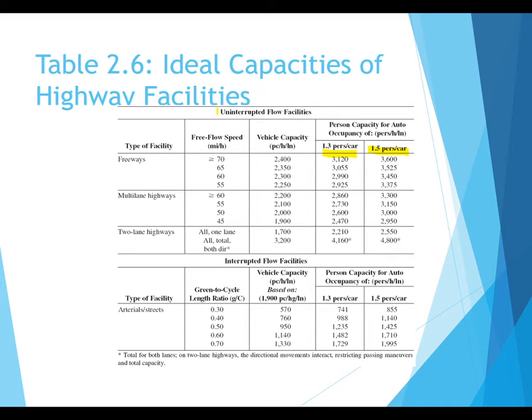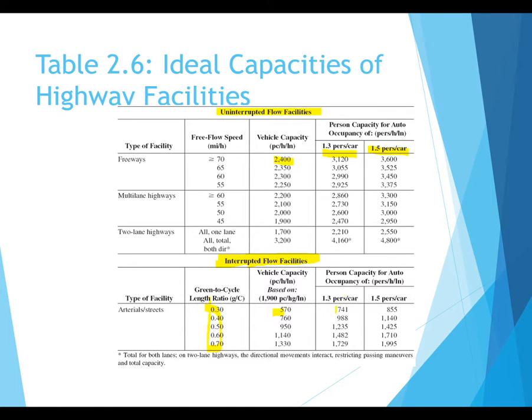And we have two types of flow: when we have freeways, or uninterrupted flow. Uninterrupted means that we have freeways, there's no interruption whatsoever. When I'm talking about interruptions, I'm talking about signals, stop signs, access to services. In a freeway you don't have that, you have controlled access. So this is called uninterrupted flow. The second one is interrupted flow, and we have signals. You can see here the capacity goes significantly down because the speed goes down. And we have something new, which we're going to talk about in the traffic engineering class, the percentage of green time in a traffic signal to the whole cycle, and we're going to be talking about this in detail.